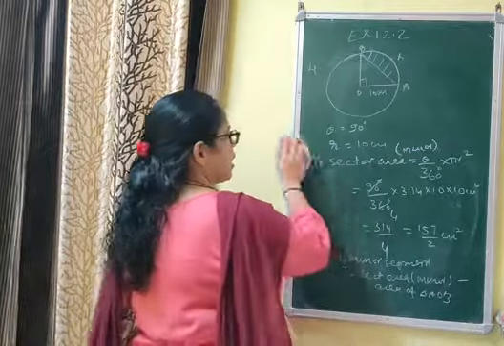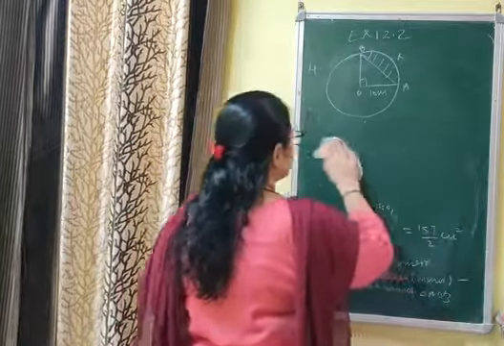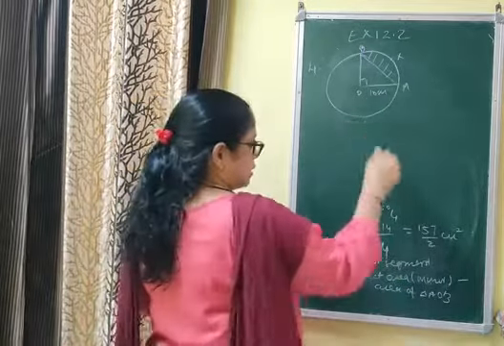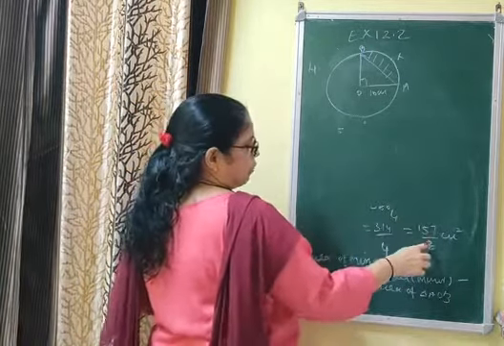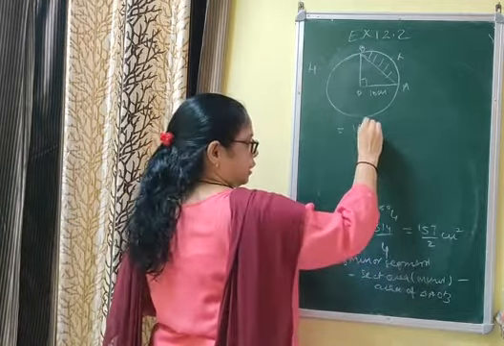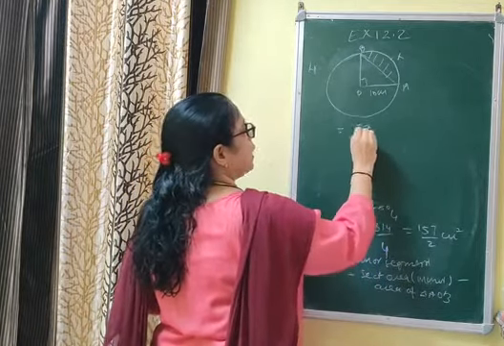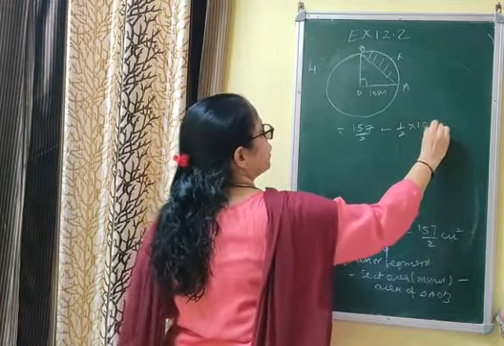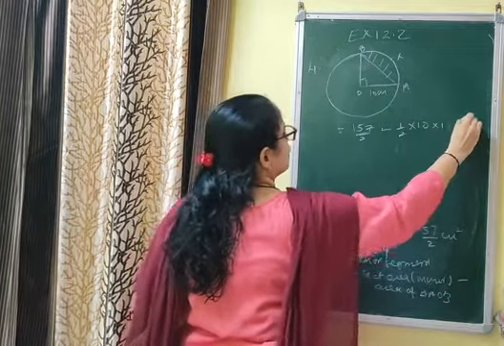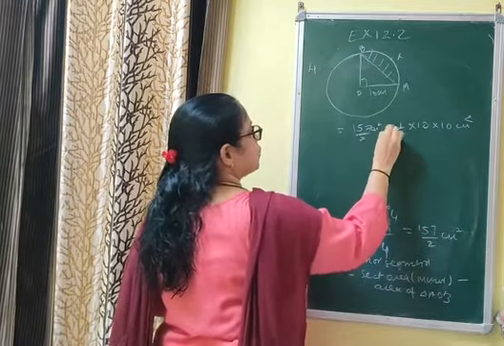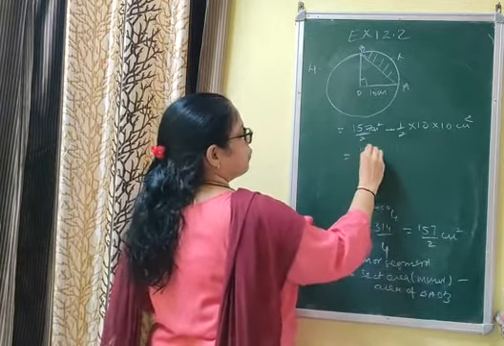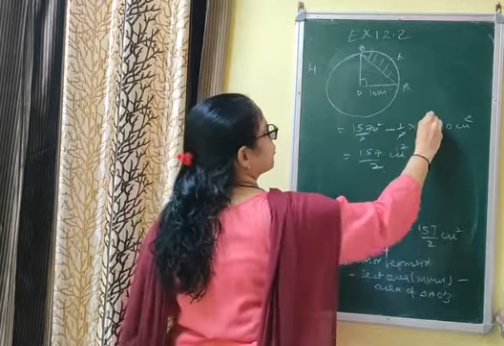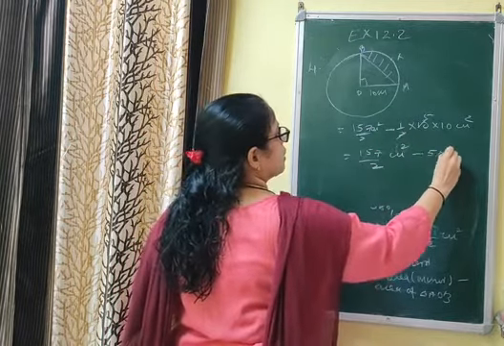Now you can use RD formula also if you want. So this is not the second part, we are doing the first part. That is, sector area minus 1 we have found out as 157 by 2 minus, since this is a right triangle you can use the formula half bh, half into 10 into 10 cm square. This is also cm square. You have to write the unit, that is 157 by 2 cm square minus 50 cm square.